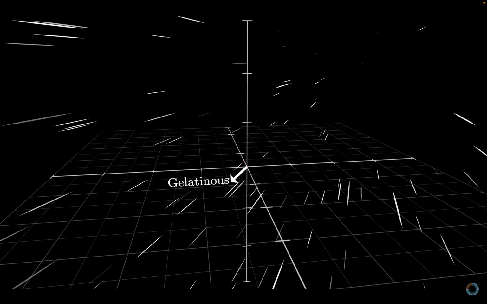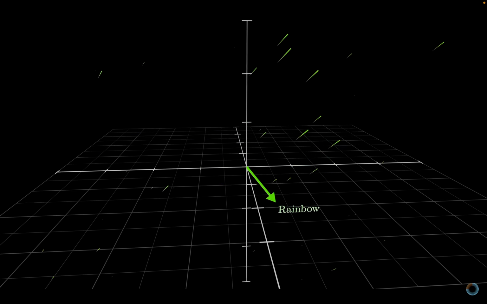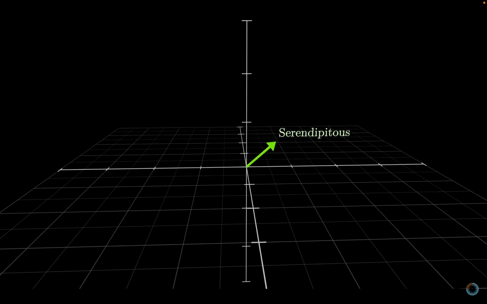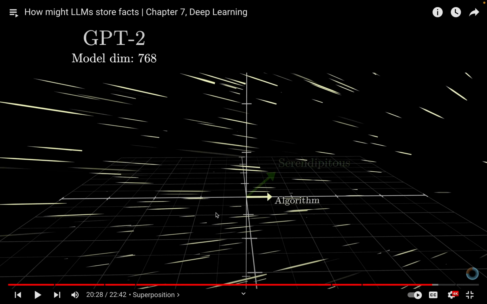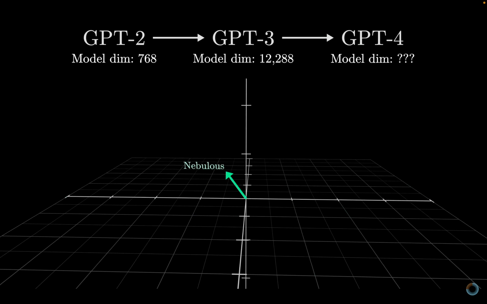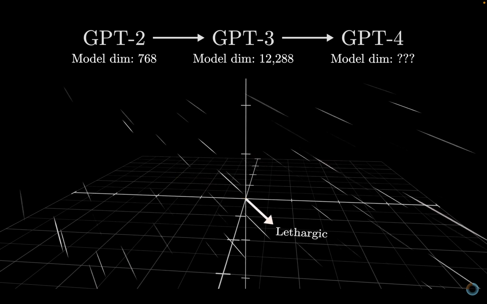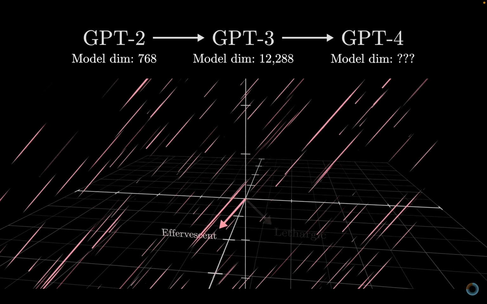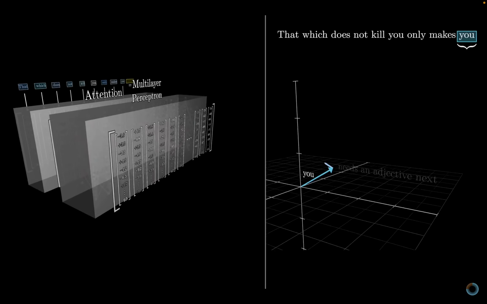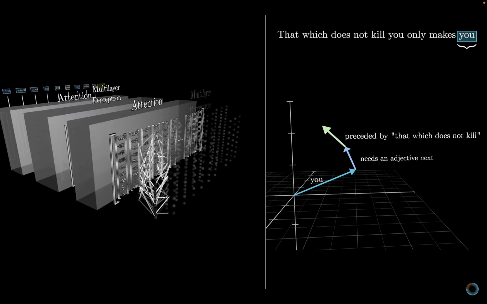It means that it's possible for it to store many, many more ideas than there are dimensions in the space that it's allotted. This might partially explain why model performance seems to scale so well with size. A space that has 10 times as many dimensions can store way, way more than 10 times as many independent ideas. And this is relevant not just to that embedding space where the vectors flowing through the model live, but